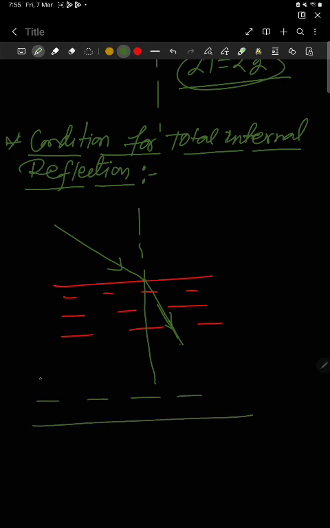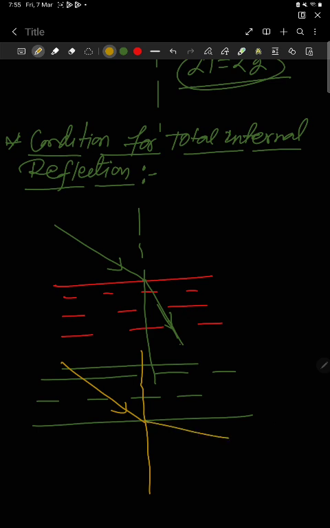अगर मेरा light ray denser medium से rarer medium में जाएगा तो क्या होगा? ये normal से दूर भागते जाएगा। ठीक है, normal से और distance बनाते जाएगा ये angle। ठीक है, तो इसीलिए जब ये normal से दूर जाएगा तब ये critical angle आएगा। ठीक है, और critical angle से ज़्यादा होने पे total internal reflection।